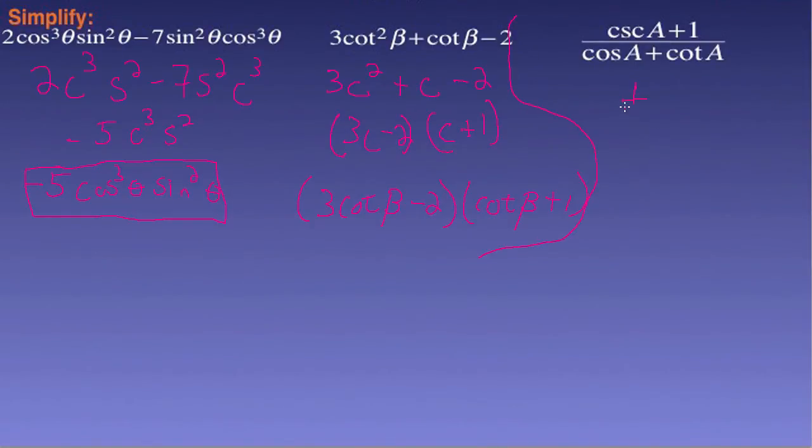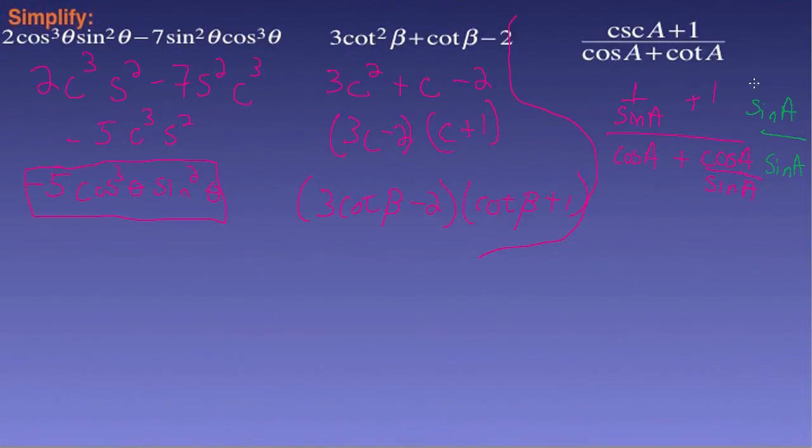Cosecant, as I said, is 1 over sine A, plus 1 over cosine A, plus cotangent A is the same thing as cosine A over sine A. Now it looks like we took a nice simple expression and made it much more ugly or much more difficult. But I think seeing a sine A in the denominator here and a sine A in the denominator here means that if I multiply both top and bottom by sine A,